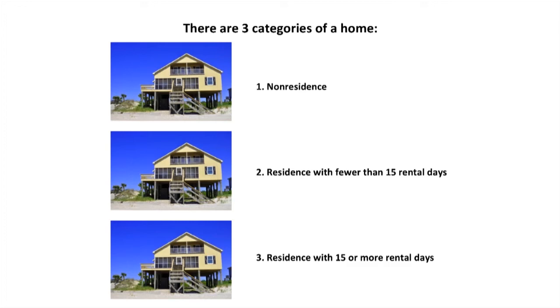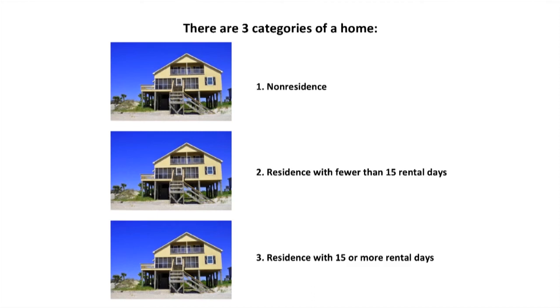What do you do with the carry forward? You offset future income from this property. We have a residence with fewer than 15 days rented, and we have the residence with more than 15 days. But remember, don't forget that 10% test as well. So you have that limitation based on prorated, or we also have if you had your principal residence and you rented it out less than 14 days, the income is excludable.